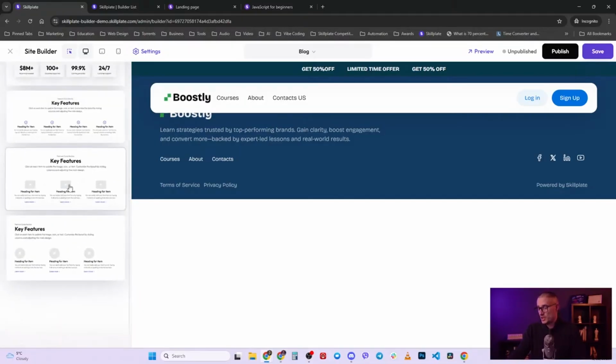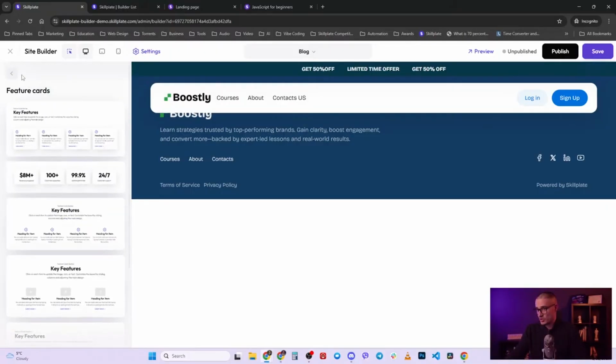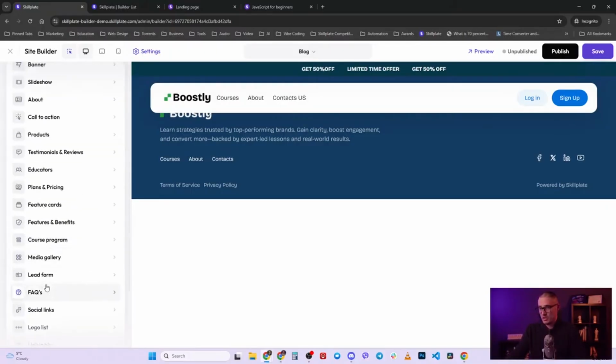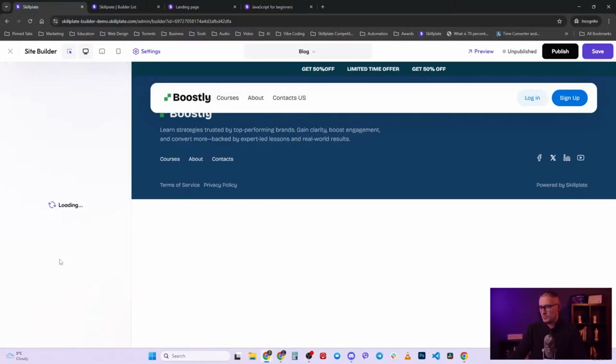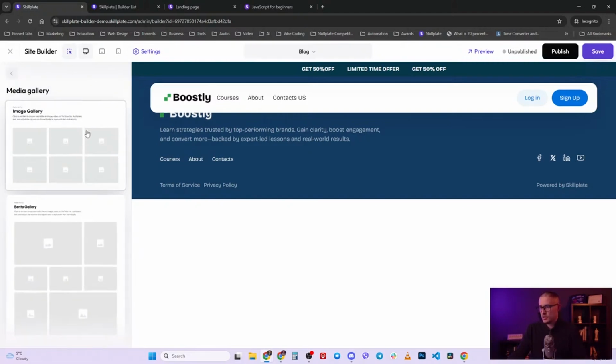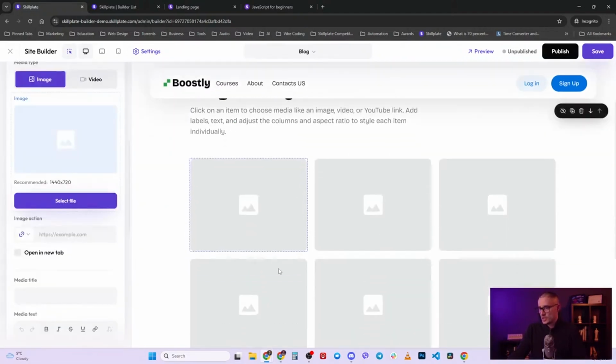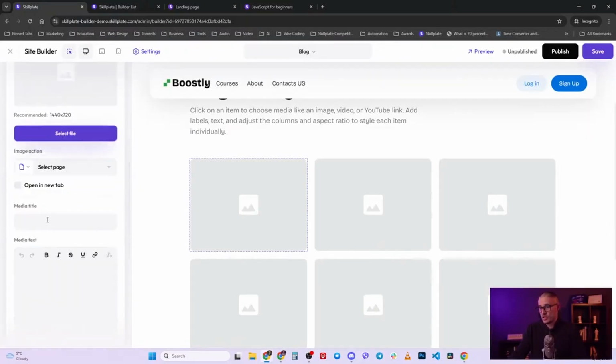And those are going to be links to the article pages that you have. Or choose, maybe your blog is image rich. You can just choose, for example, media gallery, and you can choose this. And now this image can link to, let's say that this image also can have a text. So blog